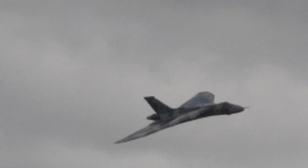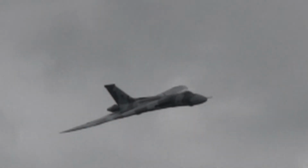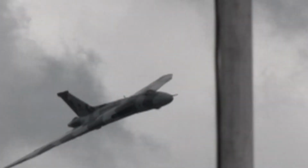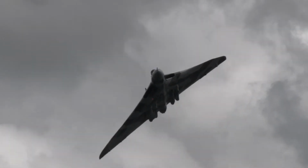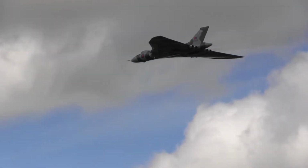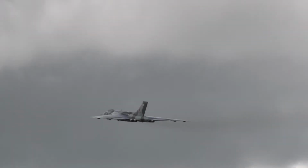And of course it was in that role that they carried out this Falklands raid 30 years ago, which was at the time the longest bombing raid in history, 7,760 miles, which is further than from here to Santiago in Chile. Was the first V2 version of